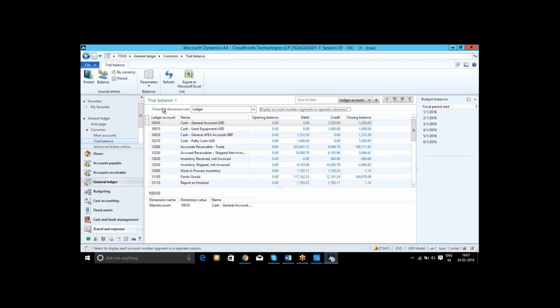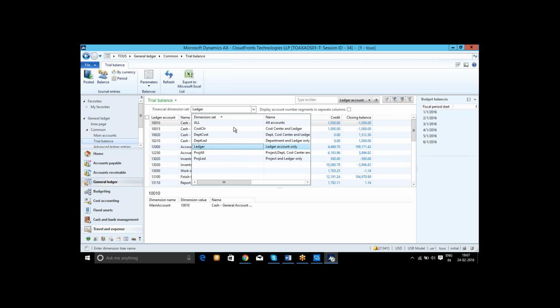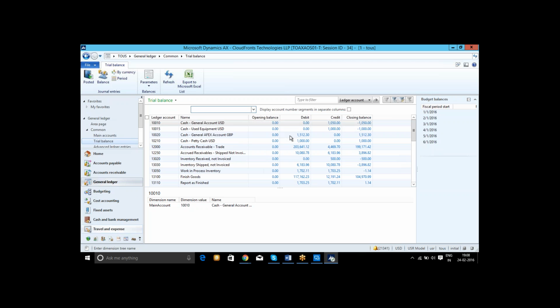So here there is a feature, financial dimension set. Right now I have selected ledger. When I open the drop down, these are all dimension sets. Dimension sets are basically for when you want to see your trial balance in such a way that you see your department, cost center and ledger. So I'm selecting the third one, the department, cost center and ledger. When I click on this, what happens is